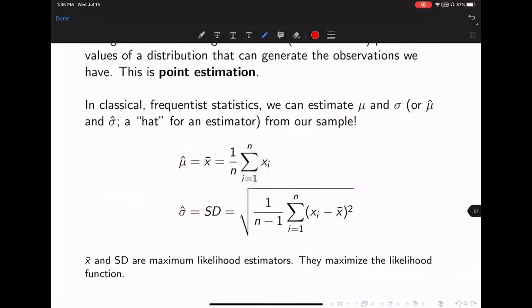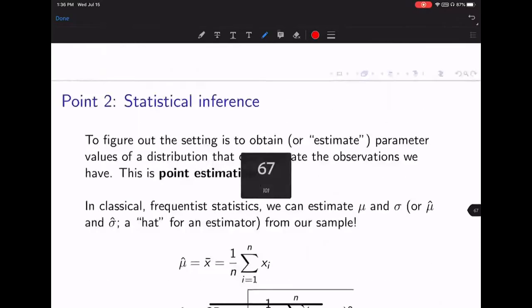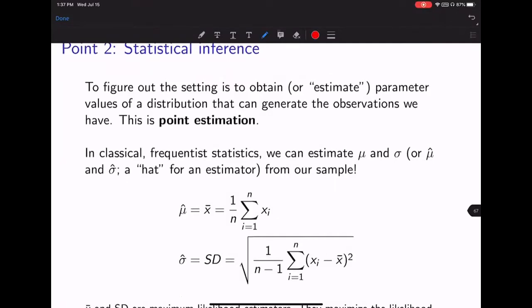Now, this is the part where you see some symbols. If you can't remember them, don't worry. The idea I want to get across is, in the kind of analysis we often do, when we try to figure out parameter values, it turns out we can use the information we have. This is the gist. We can use the information we have in our sample to estimate parameter values. And instead of going through some heavy mathematical calculation, we can just use what we have in our data. We can use the average, the mean that we calculate from our data, and the standard deviation that we calculate from our data to stand in